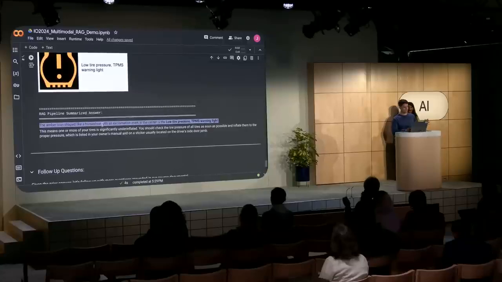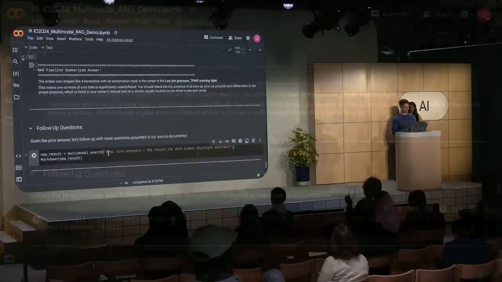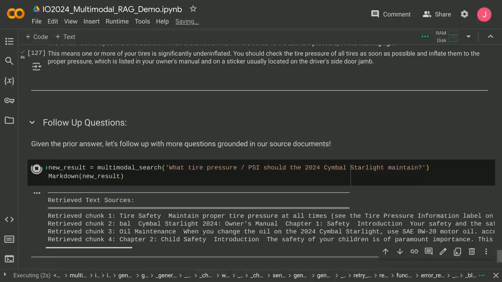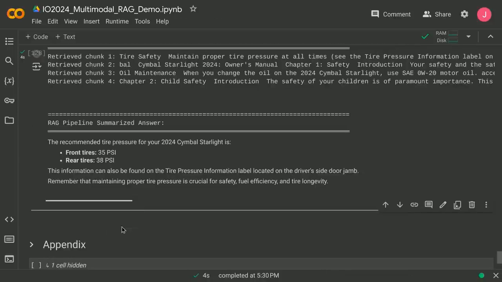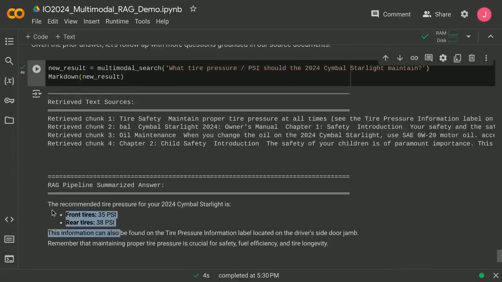Now, I say, OK, I know my tire pressure is low, but what should the tire pressure be on this automobile? So I'll just ask that follow-up question next. Again, we retrieve a number of different text chunks, and we receive an answer that's summarized from our grounding data that says I should pump up my front tires to 35 psi and my rear tires to 38. So I should probably do that over the next couple of days so I can clear that error message